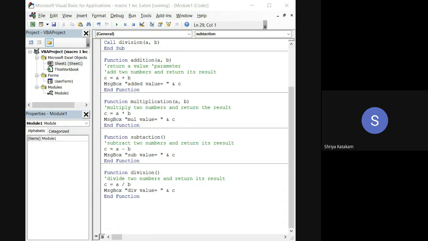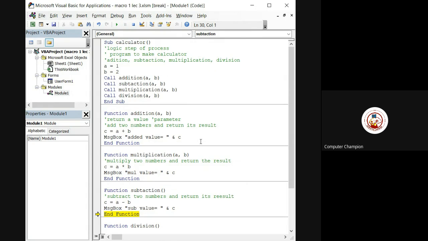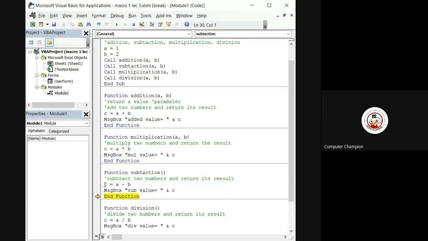Just go up in the routine. Yeah, 1 and 2. 1 minus 2 is minus 1. You must get it. Why are you getting wrong values? A minus B, 1 minus 2. Just take that yellow cursor up, drag it here. Yeah, do F8 and one more F8. And what pop-up you are getting, just show me, because I cannot see your pop-up.